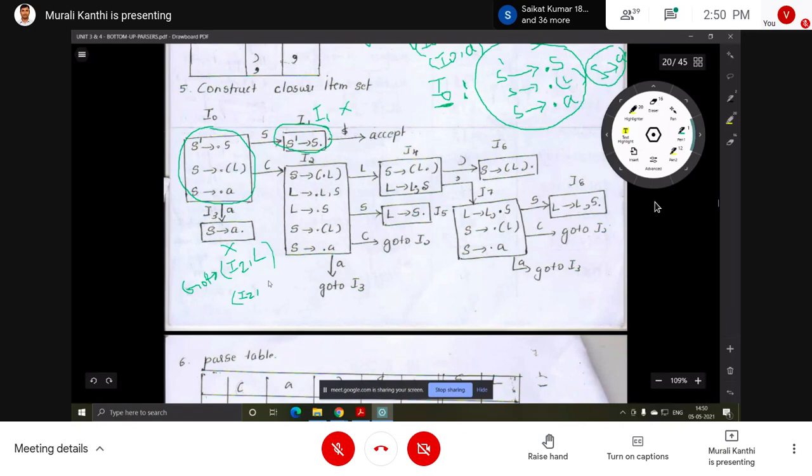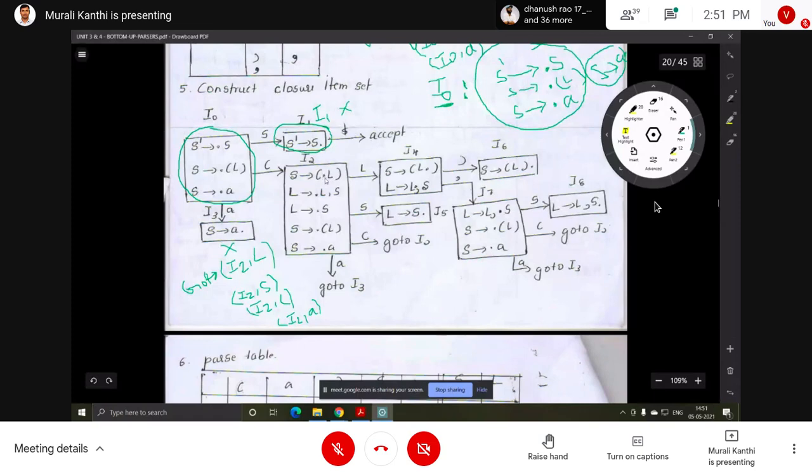Then next, after that, open parenthesis, so goto of I2 comma open parenthesis. And one more, I2 comma A. So how many? 1, 2, 3, 4. Four goto functions we can apply on I2.